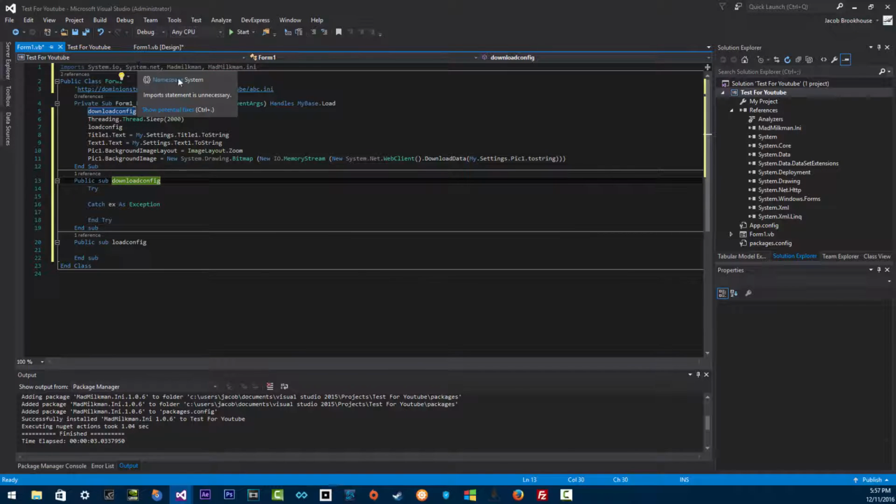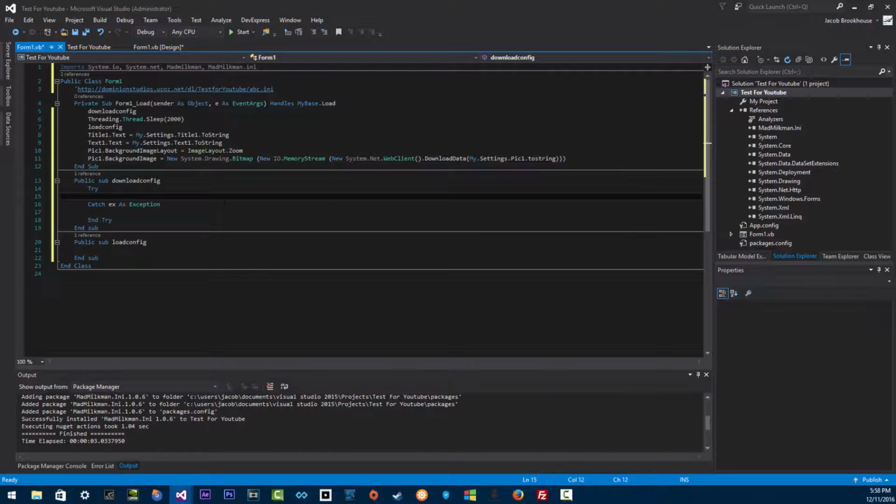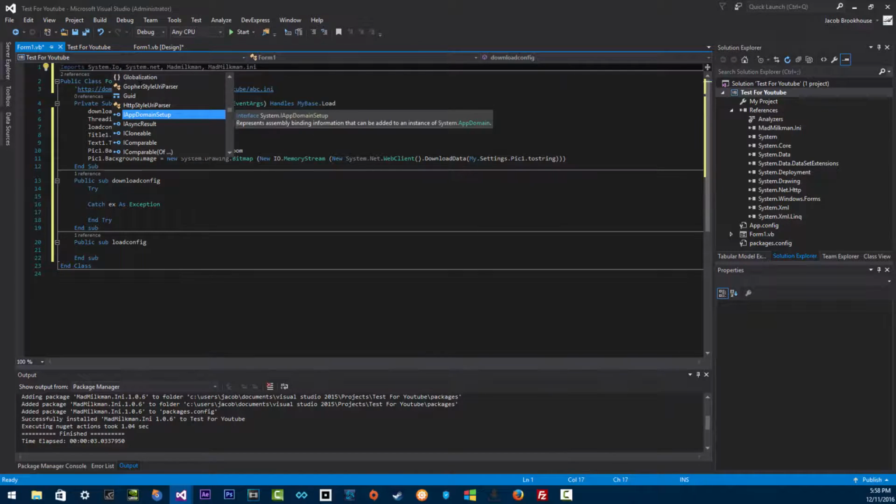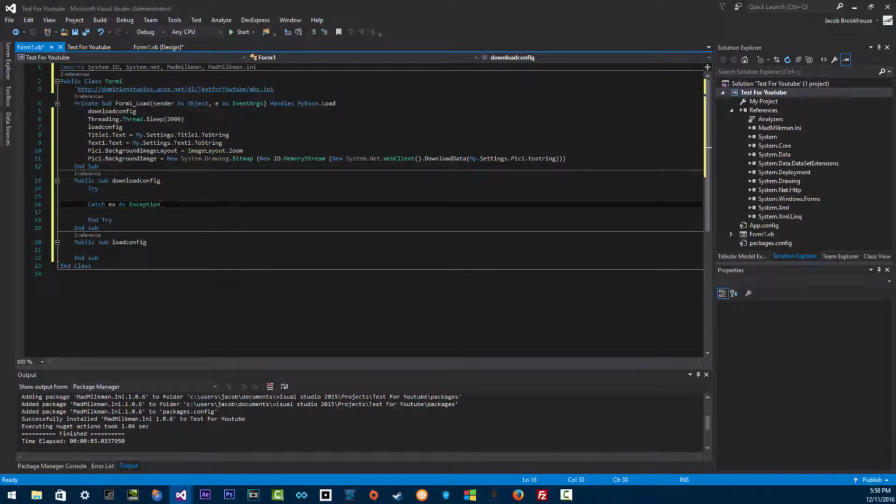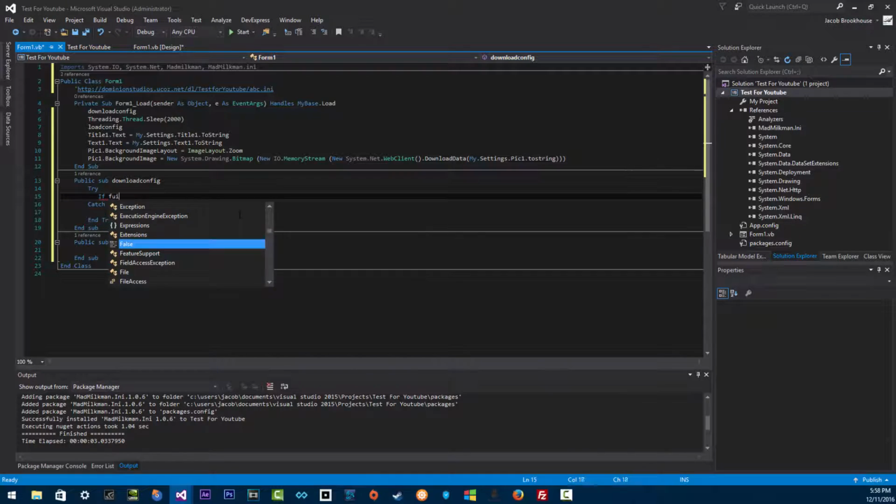So import all that stuff so we can continue coding. I forgot because I have to import system.io. That should be an IO. It doesn't matter, but I like stuff to be neat, I guess. So let's continue on. So if file dot exists,